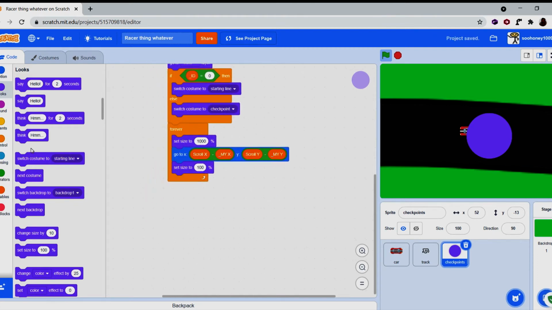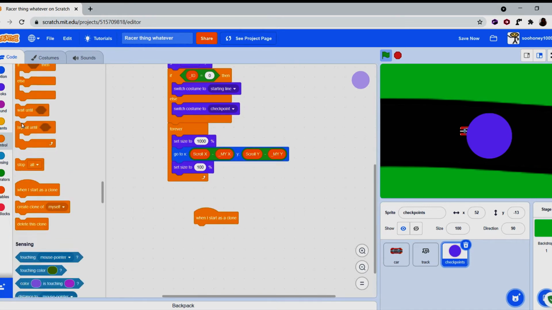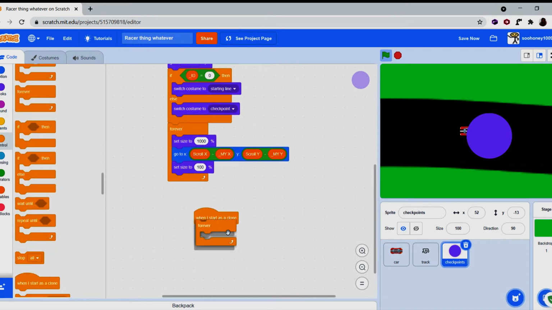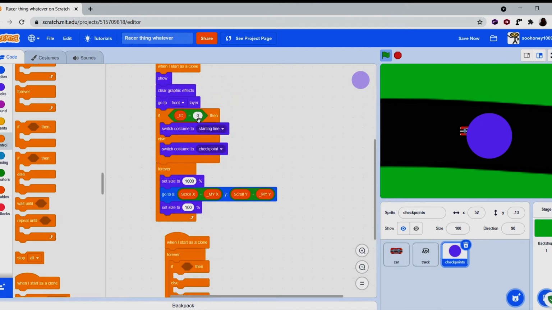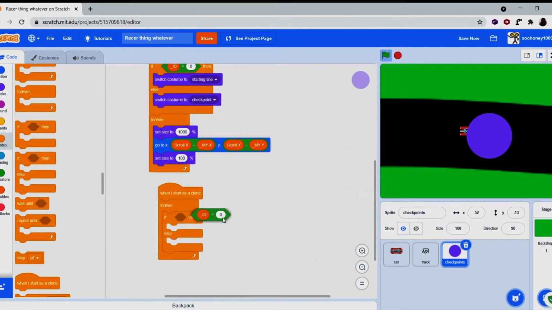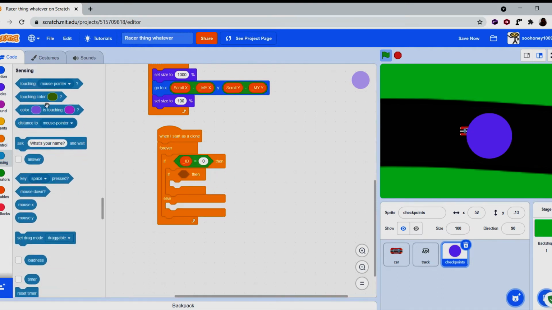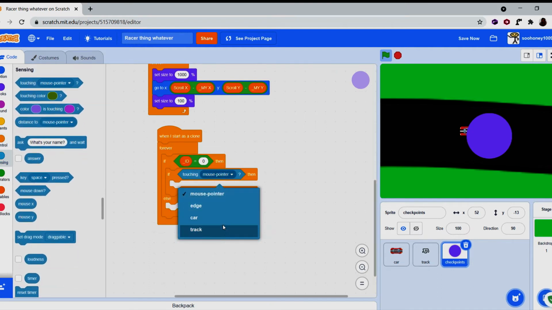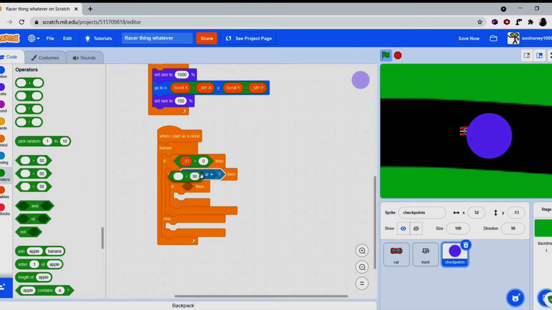So what you're going to do now is go to controls, get a when I start as a clone, forever, and let's see, if else, and then we need the if id equals 0. So if it does equal 0, what we're going to do is if touching the car, there you go, and if operators less than